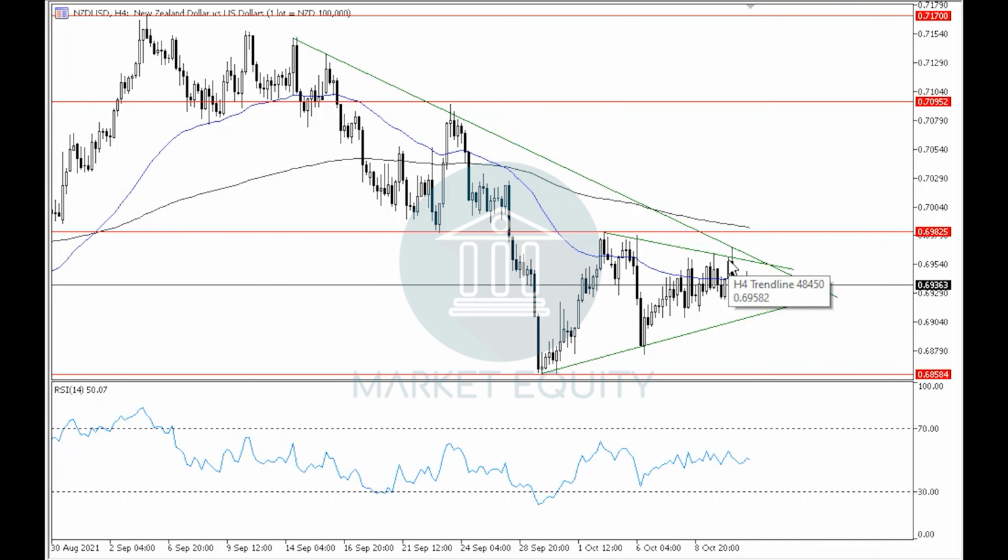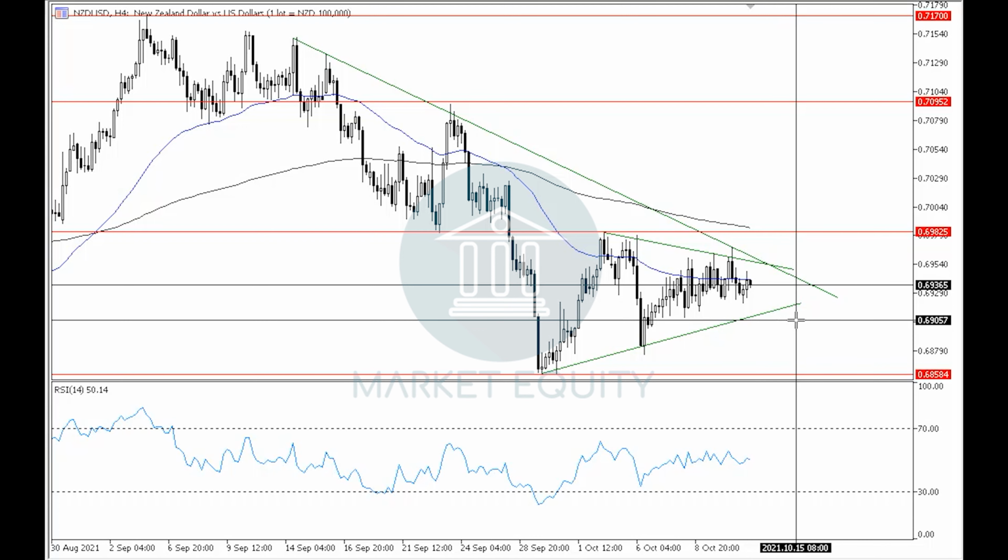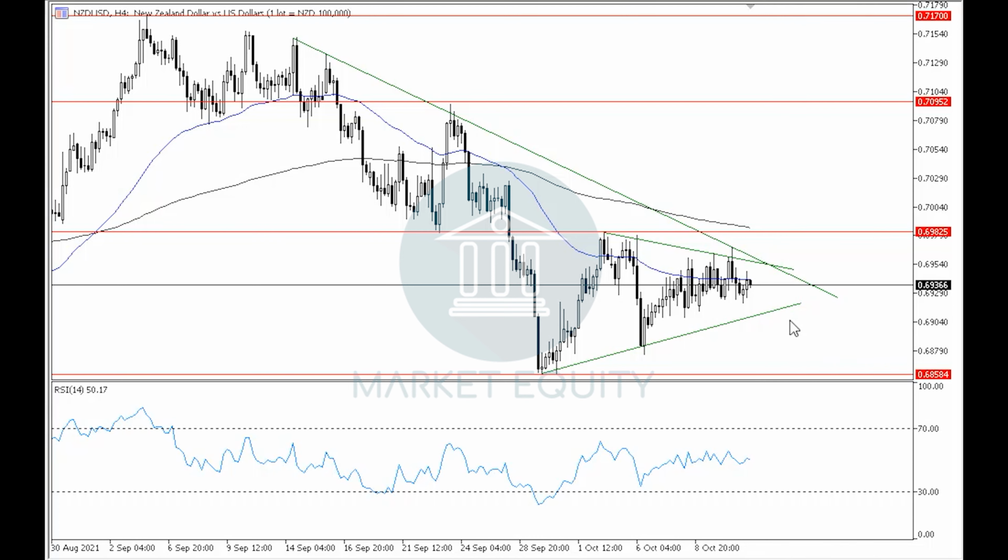Therefore, we can say that after rebounding downwards off of around the upper boundary of the symmetrical triangle in the 4-hour time frame, as well as rebounding downwards off of the downtrend line in the 4-hour time frame, it is safe to say that the pair is now targeting around level 0.69, which is the lower boundary of the symmetrical triangle in the 4-hour time frame, and by breaking downwards through it will support the continuity of the overall downtrend